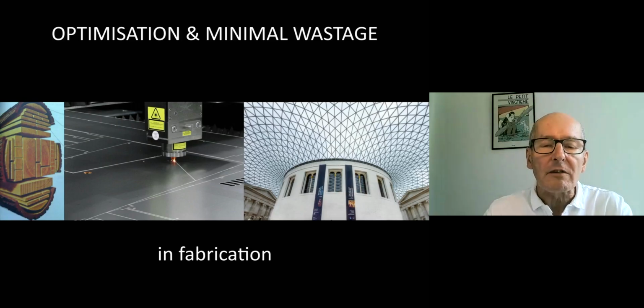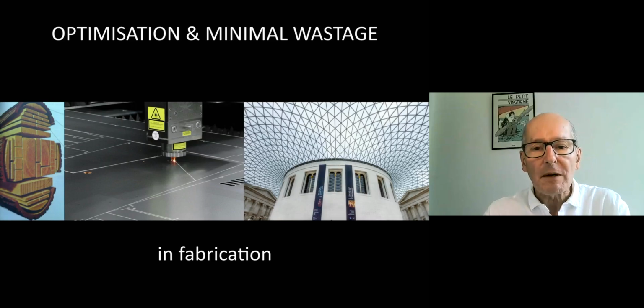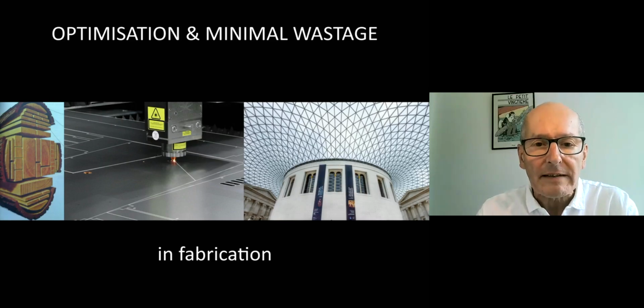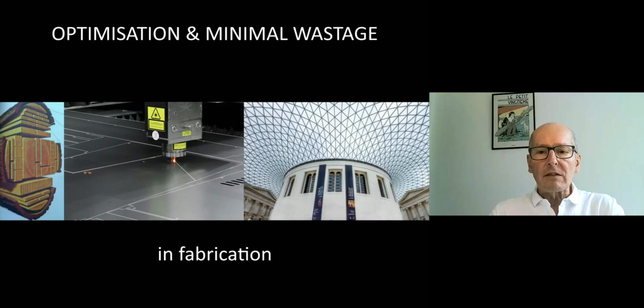So there are actually computer programs that they will use to do that. Imagine you have to cut a series of circles out of something. You don't want the interstitial spaces to be wasted. So fabricators are always looking at that. The image on the right is, again, some of you will recognise, the British Museum. It's Norman Foster's